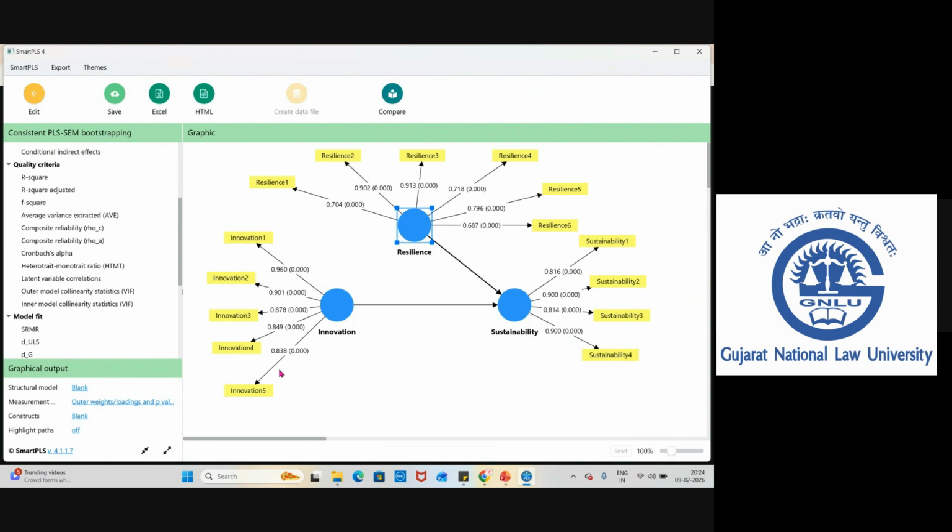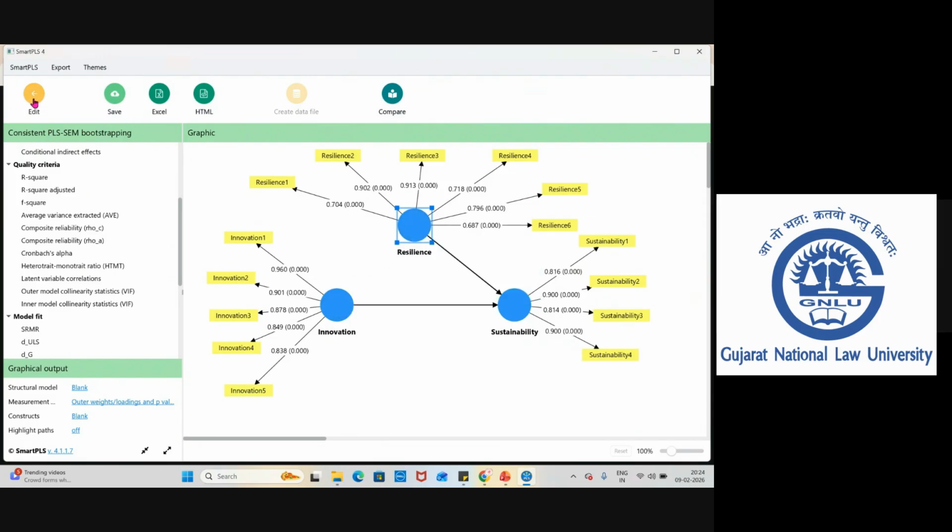Similarly, for the innovation construct, you can see that all the factor loadings are greater than 0.708, and we have a significant relationship. Now, once you get the clarity that all the indicators are strongly supporting the construct, looking at the factor loadings and the strong relationship, it means they are the right indicators for measuring these constructs.